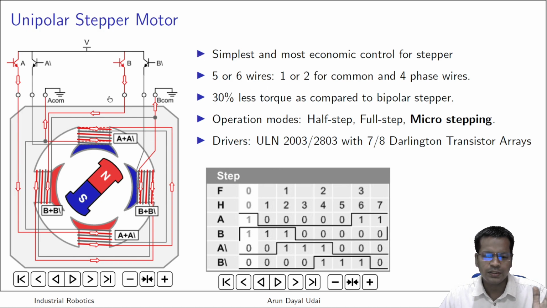This is how it works. It has 4 wires. You have to shift the pole. One of the poles will always make the other one the opposite pole. Each one of them has 2 windings, one to make it north, the other to make it south. If this is north, the opposite one will always be south. Got it? So what you need is an earth which is always protruding out of the motor. So it will have 5 or 6 wires.